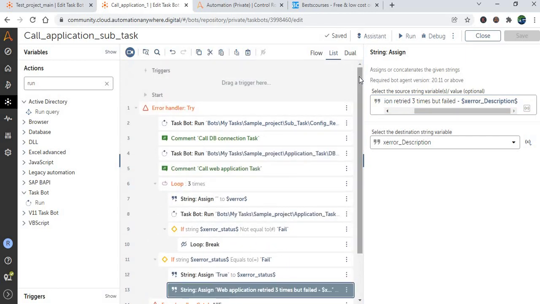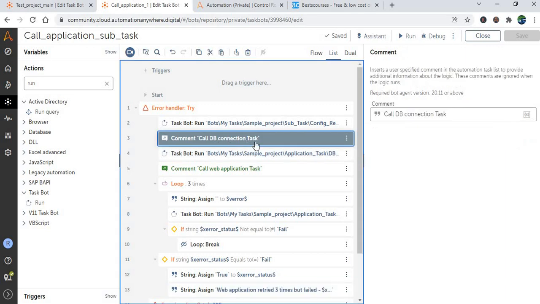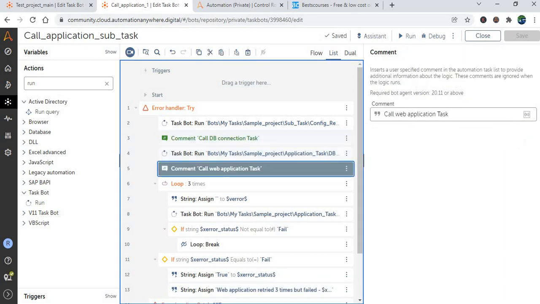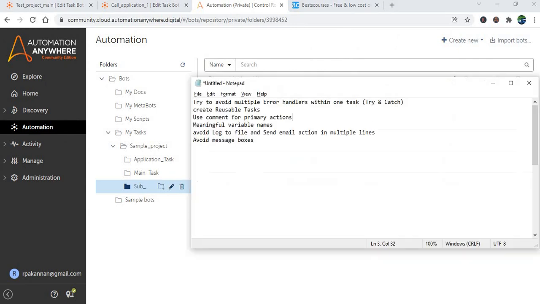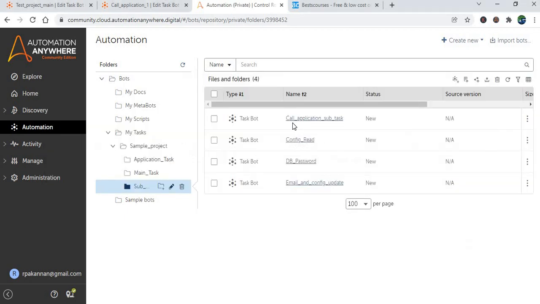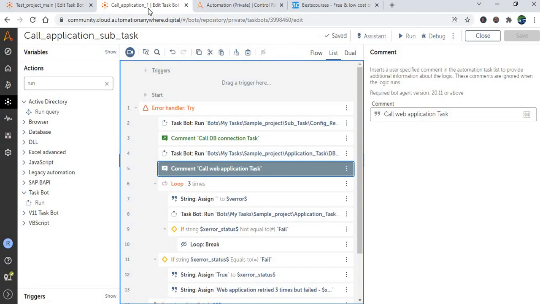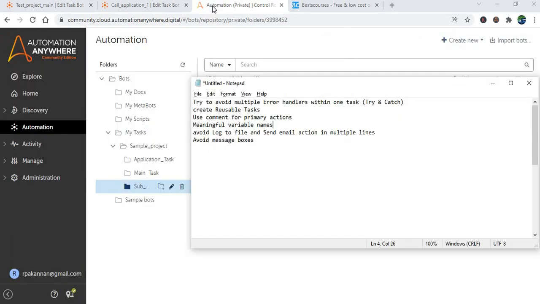For you too, after 1 year, if you're validating that code, you need to understand what function we have done. Like here you can see call DB connection task, call web application, which just provide the basic information. And variable names, just try to create meaningful names for the variables so that others, and you in future, can understand easily.